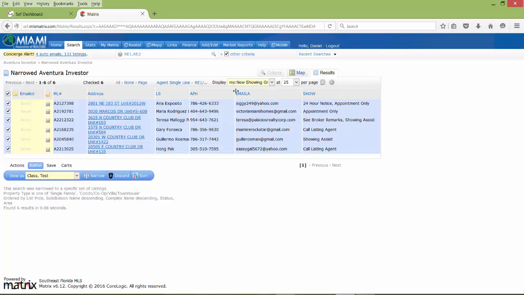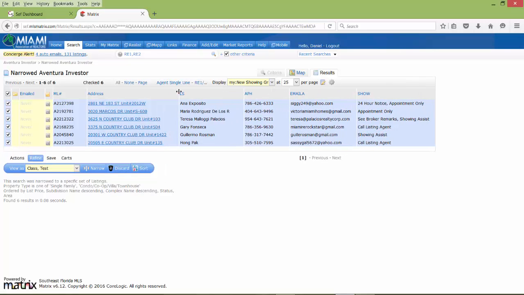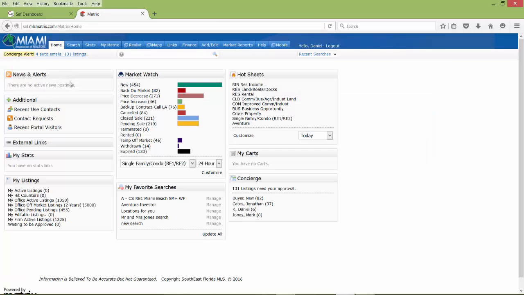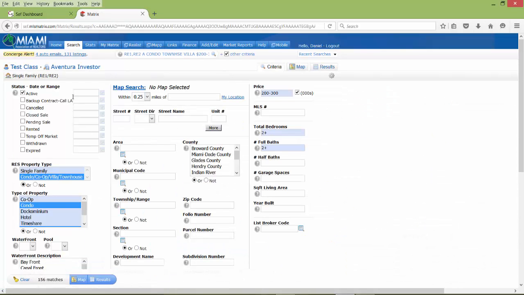Now I encourage all of you to start getting creative as to new grids that you can customize yourself for your purpose. And I'll give you some pointers to get your thinking juices going. I'm going to go back to this particular search, I'm going to start here from the get-go. And let's say that in addition to looking for active, I want to show this person what has closed